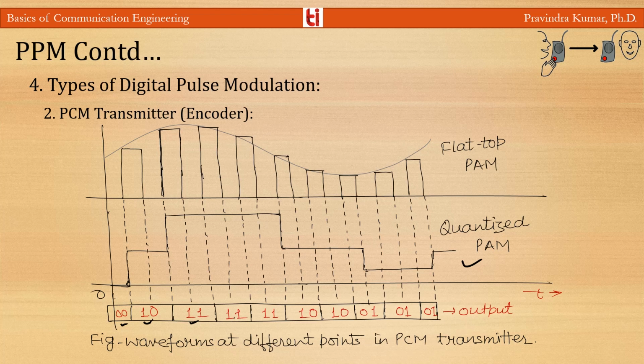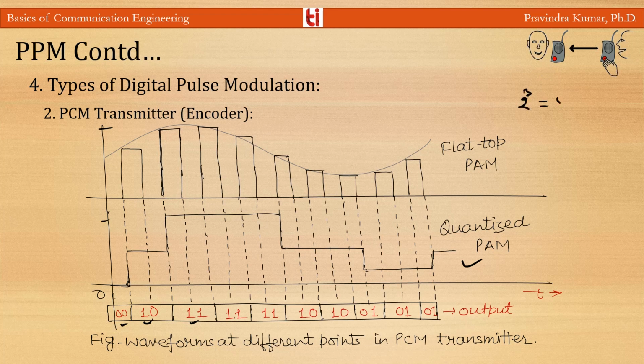It is important to understand that the output is in the form of binary codes, and each transmitted binary code represents a particular amplitude of the input signal. So information is contained in the code which is being transmitted. If the range of the input signal is divided into 8 equal levels, then there will be 3-bit digital words. We can represent these 8 levels.